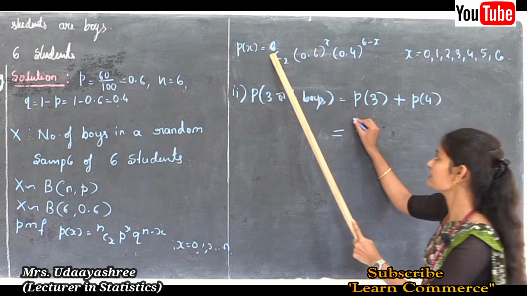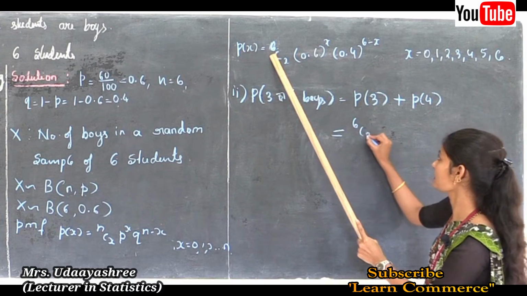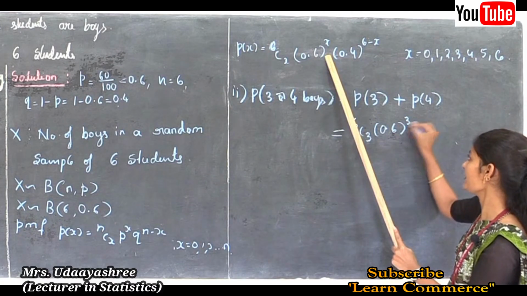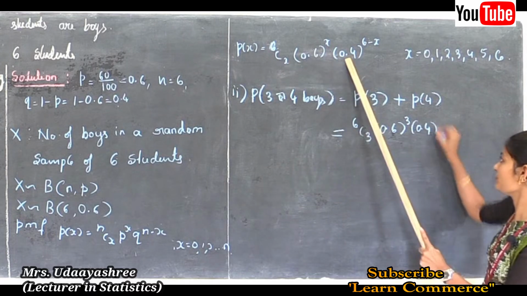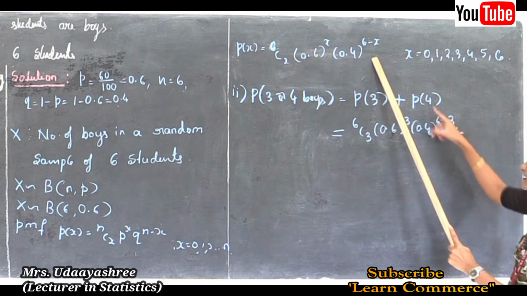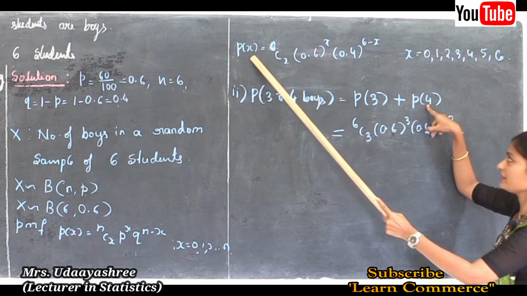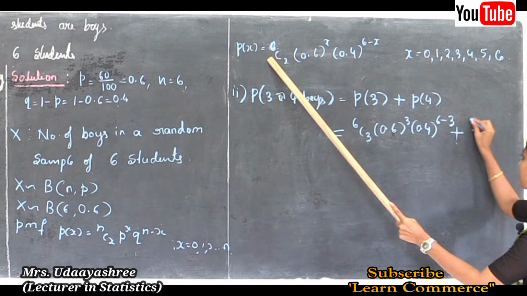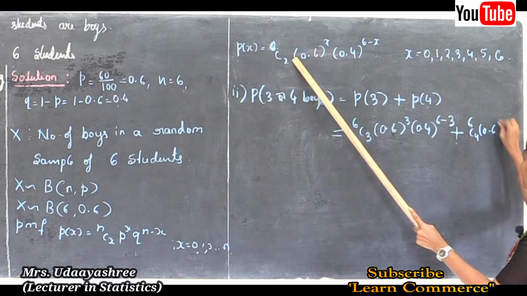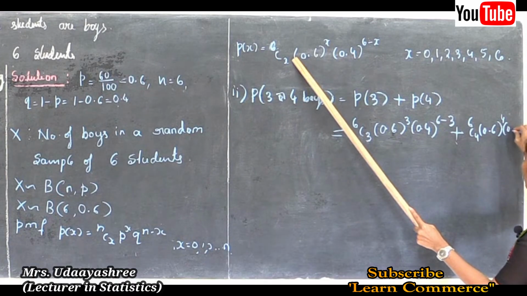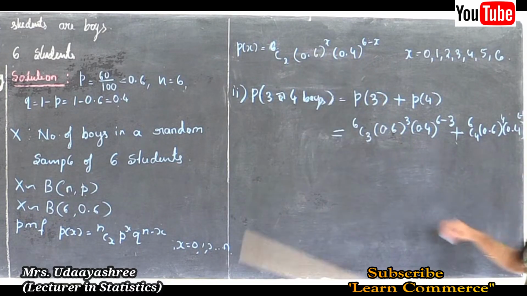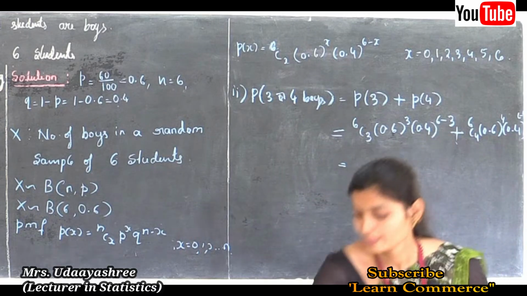So, formula is 6C3 into 0.6 to the power 3 and 0.4 to the power 6 minus 3 plus, next here in the place of x, here 4 is there. So, formula is 6C4 0.6 to the power 4 and 0.4 to the power 6 minus 4. Okay, now this is equal to